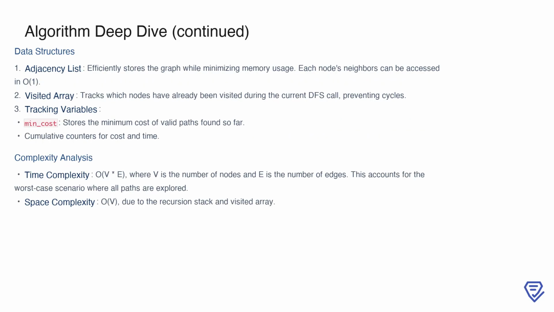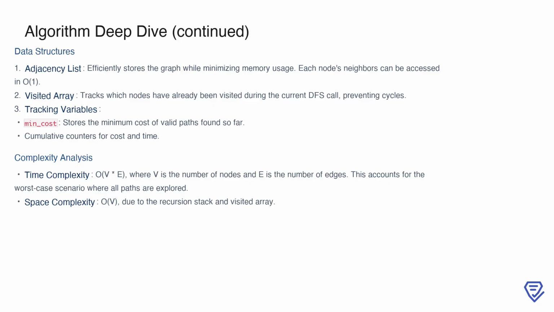The algorithm relies on key data structures to achieve efficiency. The adjacency list is used to represent the graph compactly, allowing for quick access to a node's neighbors in O(1) time. A visited array is critical for tracking nodes in the current DFS call, ensuring that cycles are avoided. Additionally, tracking variables like min_cost and cumulative counters for cost and time allow the algorithm to maintain state as it